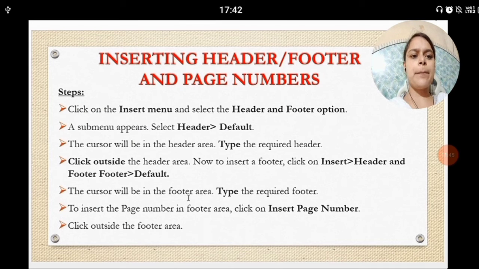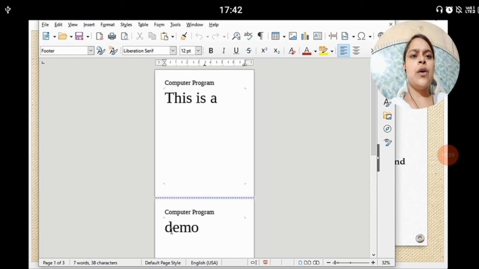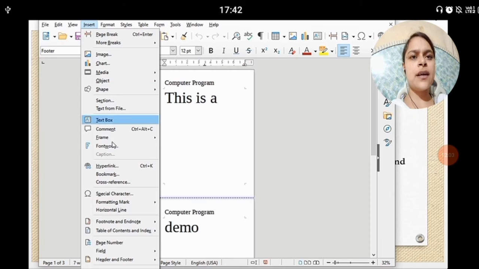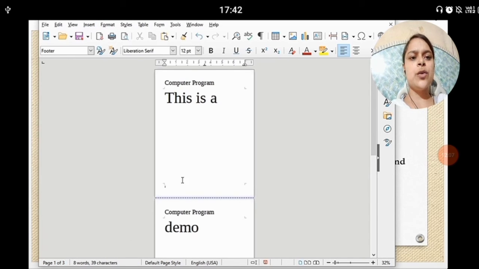To insert the page number in the footer area, click on Insert menu and select page number, and after that click outside. You can see the page number appear.